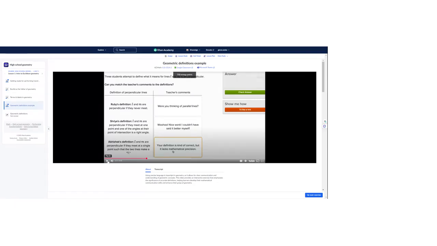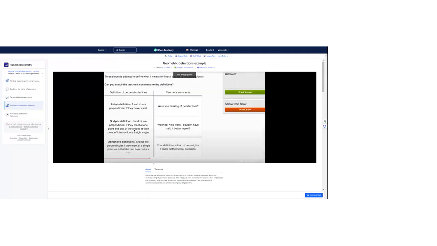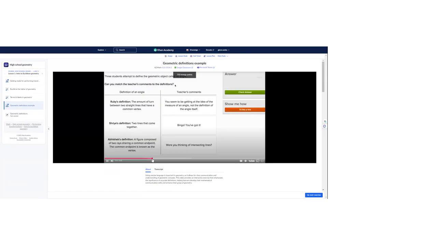So that other one really hit on precision. Once again, we're going to have three students attempting to define, but now they're going to define an object called an angle. Can you match the teacher's comments to the definitions? So Ruby, well, these same three students, Ruby says the amount of turn between two straight lines that have a common